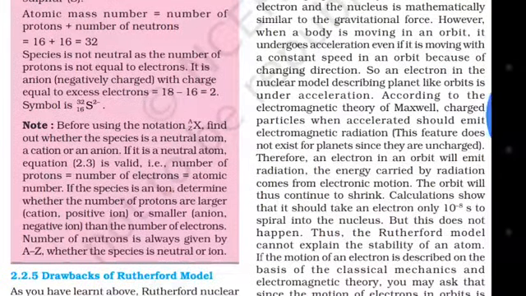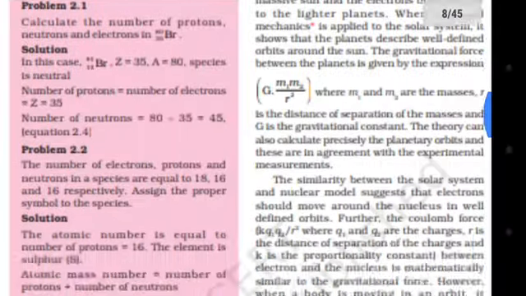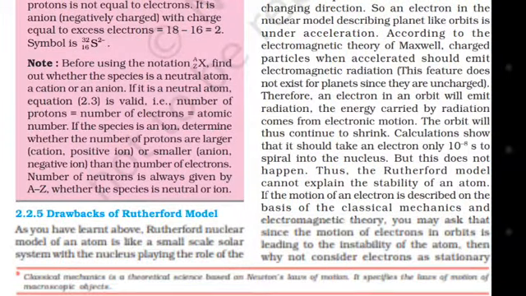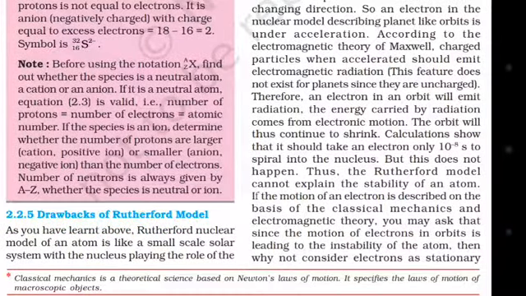Note: before using the notation with superscript A and subscript Z of X, find out whether the species is a neutral atom, an ion, a cation or an anion. If it is a neutral atom, equation 2.3 is valid. What is equation 2.3? Let's review here. Yes, this is 2.3. If the species is an ion, determine whether the number of protons is larger, a cation or positive ion, or smaller, an anion or negative ion, than the number of electrons. The number of neutrons is always given by A minus Z, whether the species is neutral or